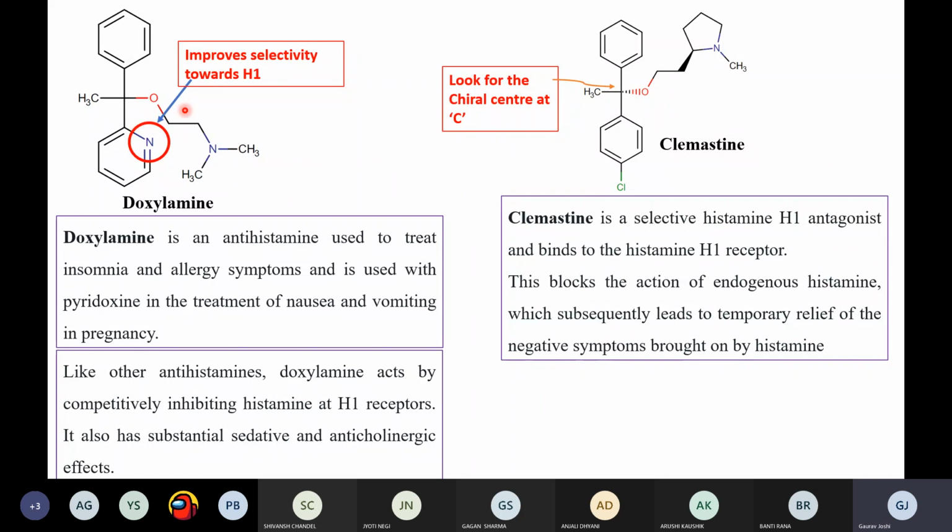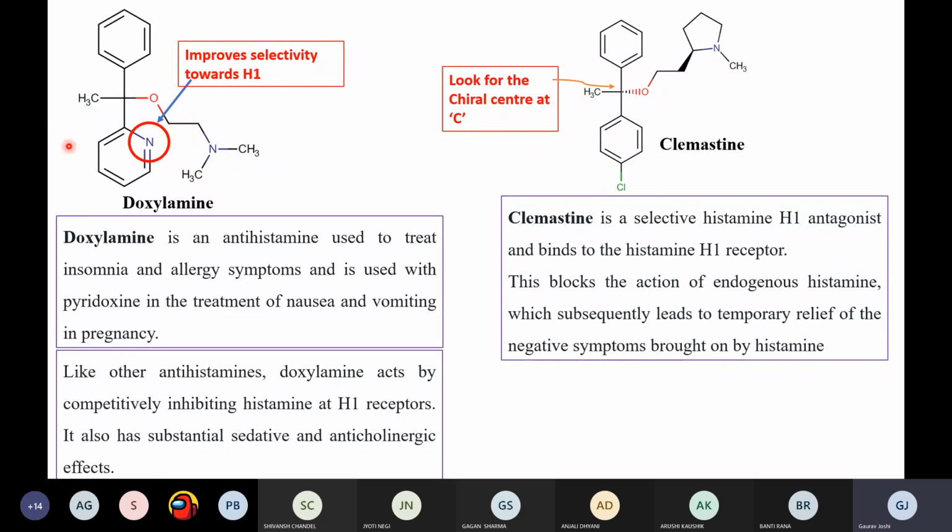So basically what we are doing is overcoming the problem of these antihistaminic agents, particularly the H1 antagonists, towards the cholinergic receptor, right? So we are first improving the selectivity. How are we improving the selectivity? By using the SAR techniques which we discussed in yesterday's class, right? So you will be getting all the examples.